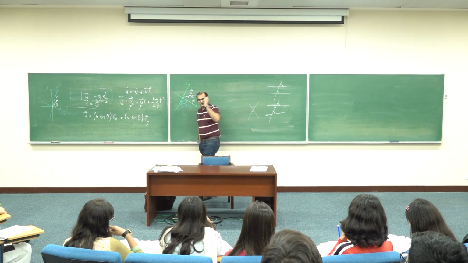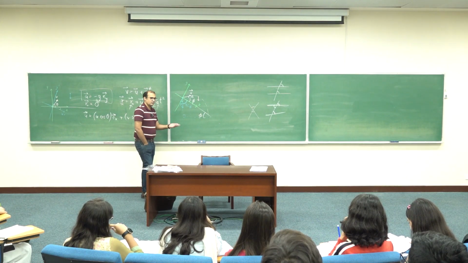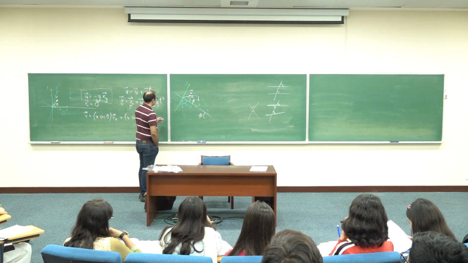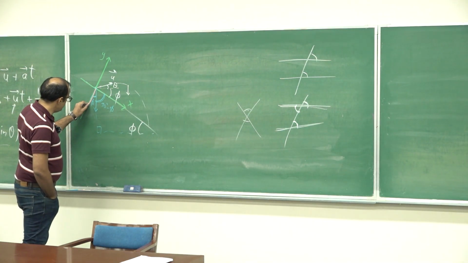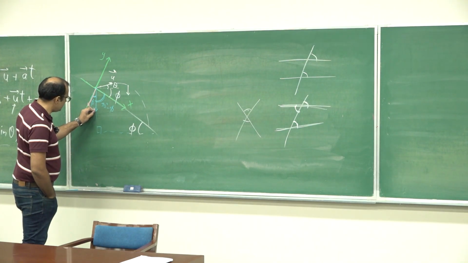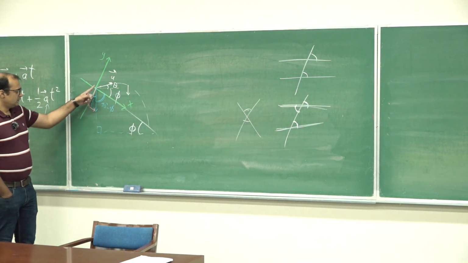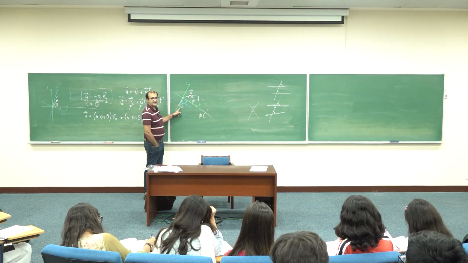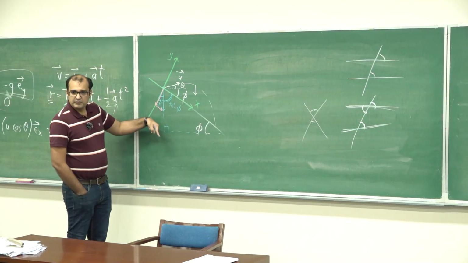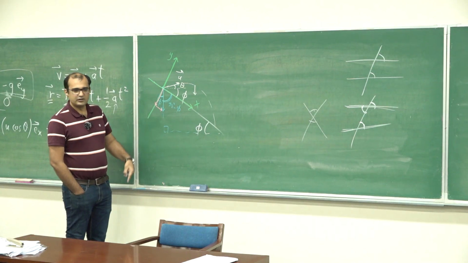So always be careful. Don't memorize that the x component goes with the cosine and the y component goes with the sine. Not always true. It depends on which angle you're talking about. So you can think about it this way, that this blue arrow is the sum of these two arrows. There's a pink arrow that points in the negative y direction, and there's another pink arrow that points in the plus x direction, that points along Ex.